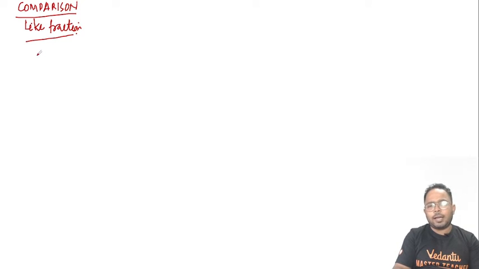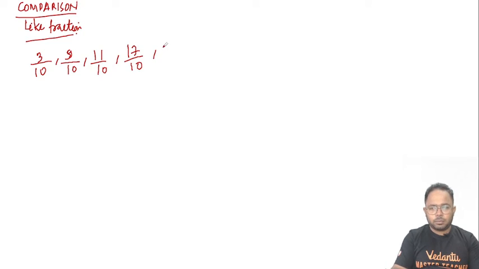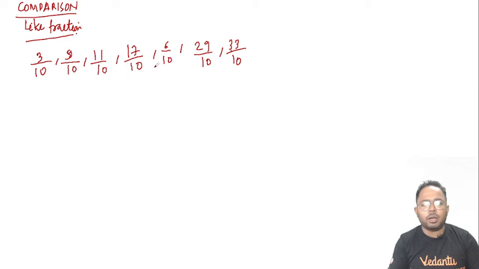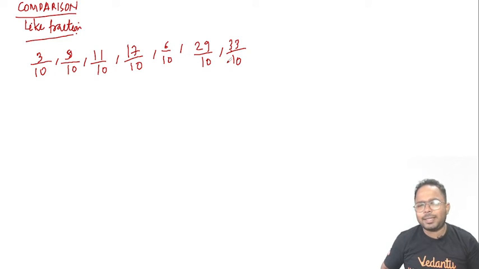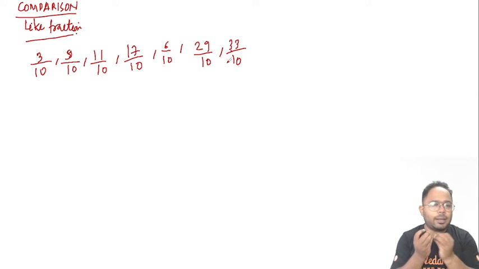So suppose let's say we have 3/10, 9/10, 11/10, 17/10, okay, 6/10, 29/10, 33/10. So when we have all the denominators being same, then in that case, the one whose numerator is bigger will be the biggest, and the one whose numerator is the smallest